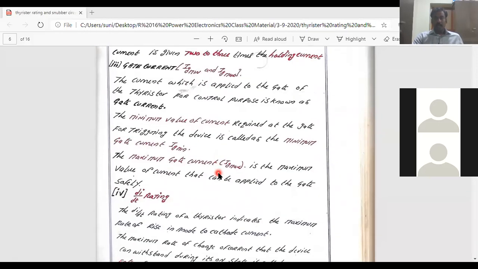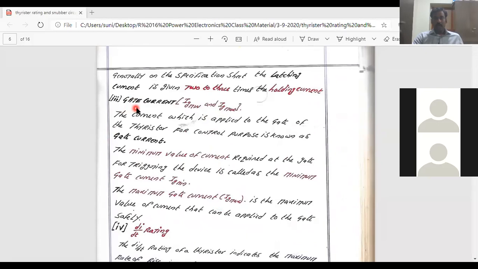Then you are going to have the gate current parameters. The gate current parameters, as you know, are always defined in two values, Ig minimum and Ig maximum. So always the gate current is to be chosen between this minimum value and maximum value. If the value is chosen to be less than the minimum value, triggering is not possible. If the value is chosen beyond the maximum value, then you may have damage in the gate circuit, or the temperature of the gate cathode junction is going to increase. So the gate current value is always defined in Ig minimum and Ig maximum.